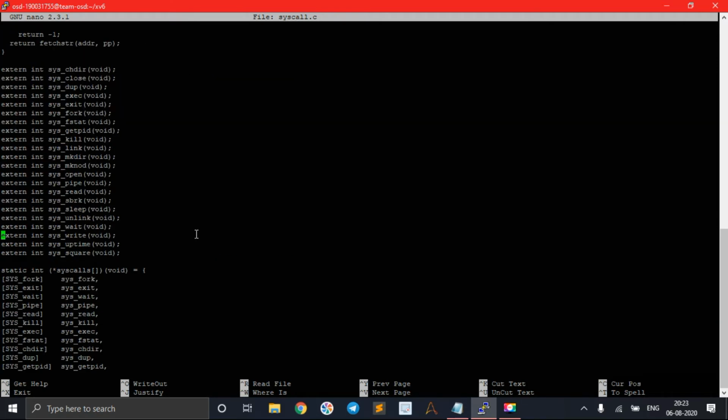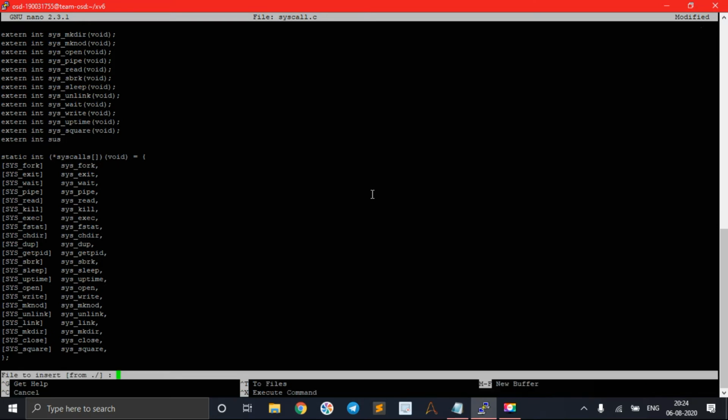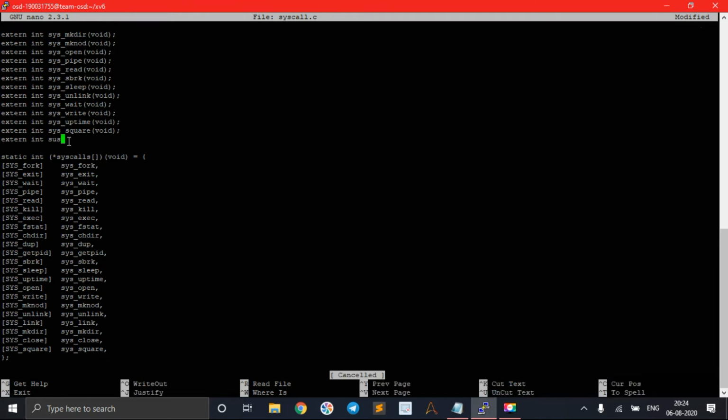Here, all external files are available. I am going to type the command extern int sys_cube of void. So my first part is completed in the external section. Now I must add it in the static section.